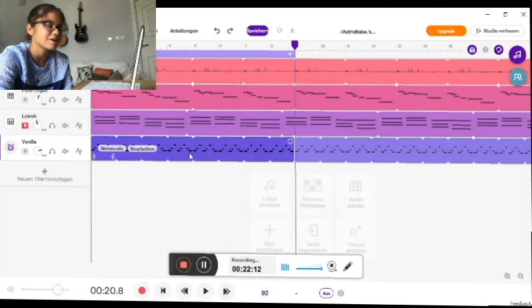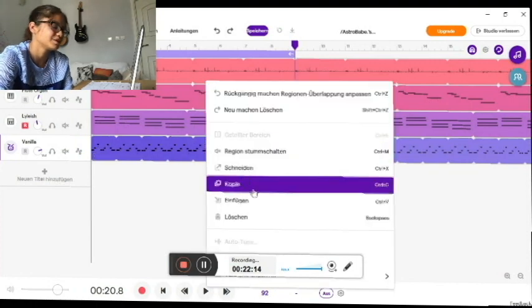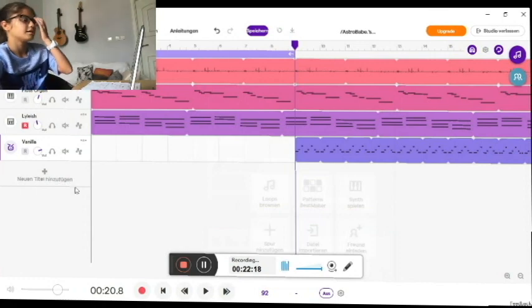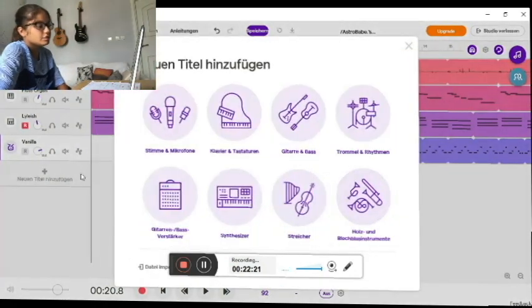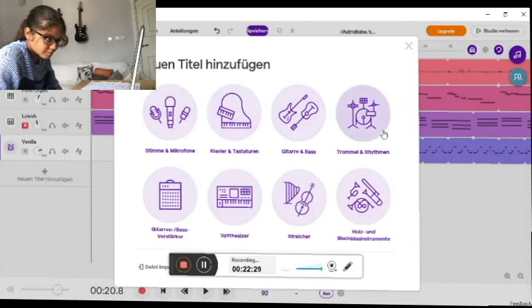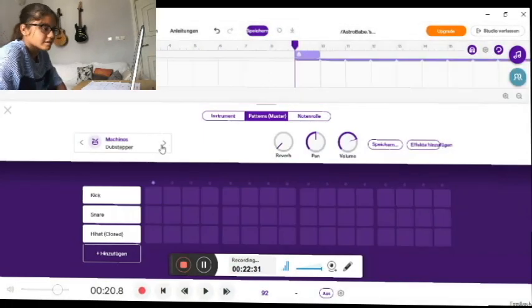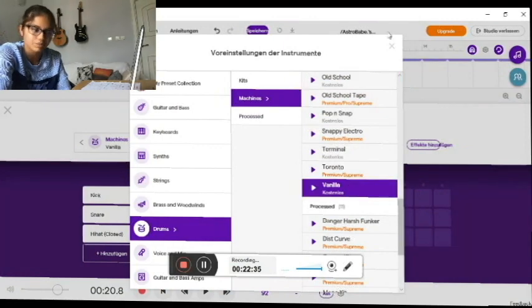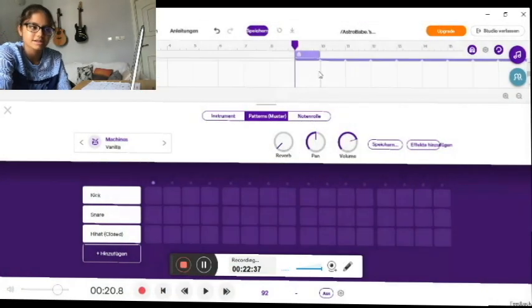So it's hard to make a lo-fi, but you can do it. It works. Now I'm gonna make a new beat with the same pad because I love that pad. Where are the beats? Okay, with the same pad I'm gonna make a new beat that's very simple but still matches the whole thing